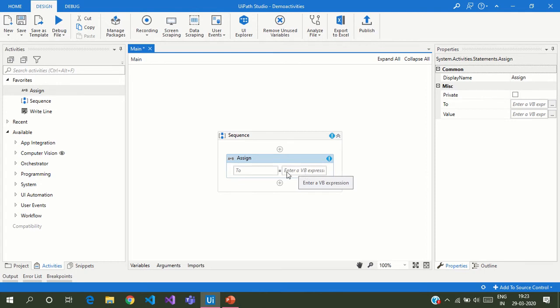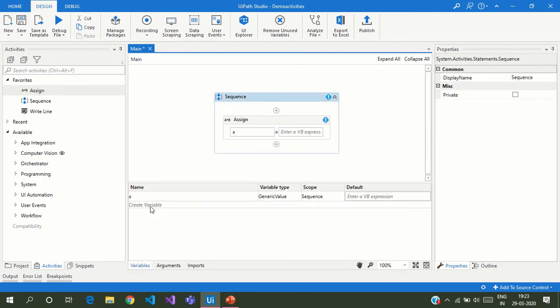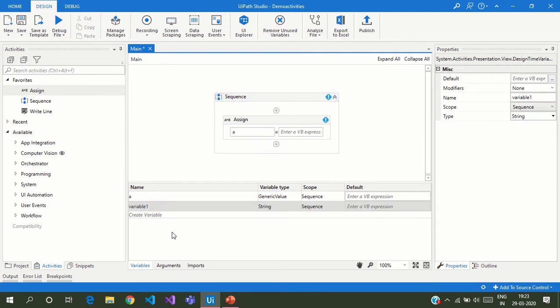For creating a variable, you have the shortcut key Ctrl+K, and then declare the variable as a, and you can declare whichever name you want. You can also go to the variable panel and click on create variable, and you can name it there too.